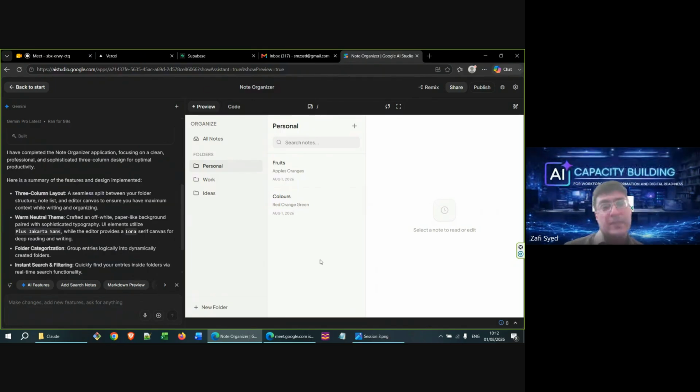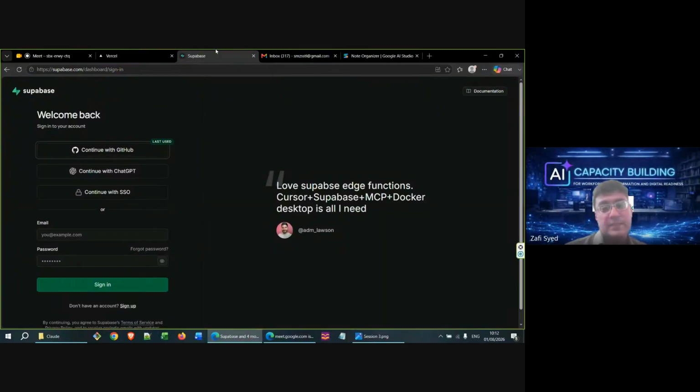So for this, I'll be using Supabase. Supabase is a backend as a service cloud platform, and it's actually very useful because it will help us do both. It will enable us to add authentication, and it will also enable us to create a managed database. So we don't really need to worry about it much. And it has a generous free tier as well. So you don't need to pay anything in order to just build these vibe coded MVP products.